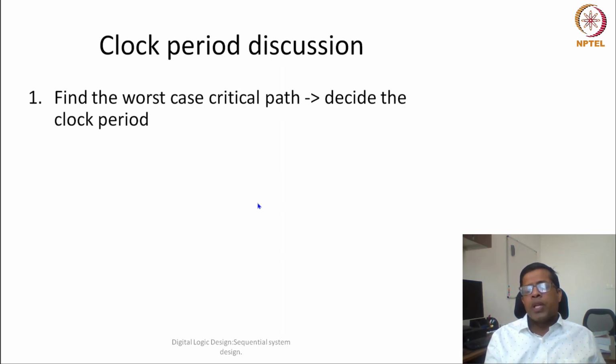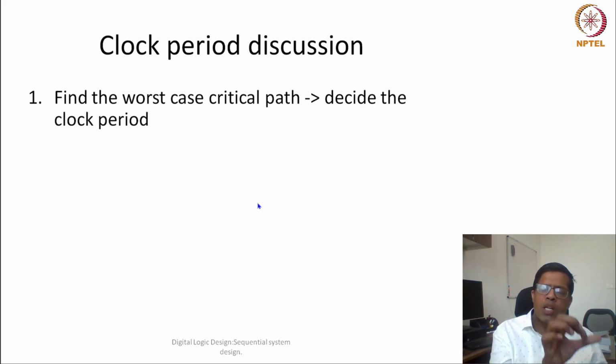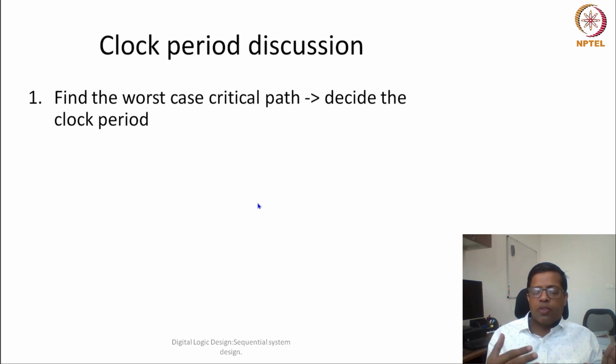So basically, if I want to know the clock period, one possibility is that I will find out all the possible paths from one register to another register. In other words, I will find all the paths from the register read to the writing of any other register. Now both the registers are driven by the clock, so they would also have the specification of setup time and propagation time. So we'll consider those calculations also. That means the worst case combinational path will decide the clock period.